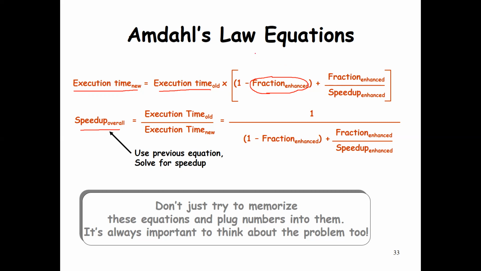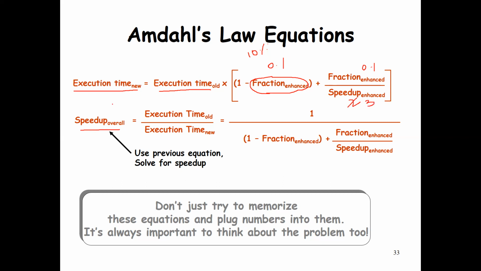Okay. Say for example, 10% improvement was done. Then in that case, fraction enhanced will be 0.1. So 1 minus 0.1 will be 0.9, right? And here also fraction enhanced will be 0.1, right? Okay. Speed up enhanced. Say because of this 10% improvement, the processor speed doubles. Then the speed up enhanced will be 2. Because of this 10% improvement, if the processor speed triples, then the speed up enhanced will be 3, so on and so forth,